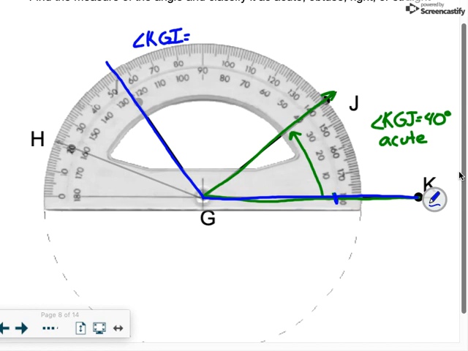So again, we're using the inside numbers here. And notice, roughly for this time, it's a thick line, so we're going to say it's right in between 120 and 130. So we're going to classify this and say that it is 125 degrees, which we know if it is greater than 90 but less than 180, it is an obtuse